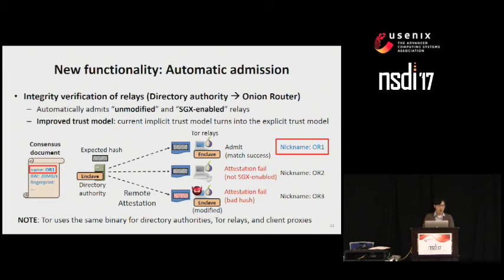This feature improves the trust model of Tor, since it explicitly spells out what users trust in practice. Here, the entire process is a one-time cost, so directory authorities can save computation power to monitor the behavior of relays and can maintain more relays. Therefore, it improves the scalability of the Tor network.